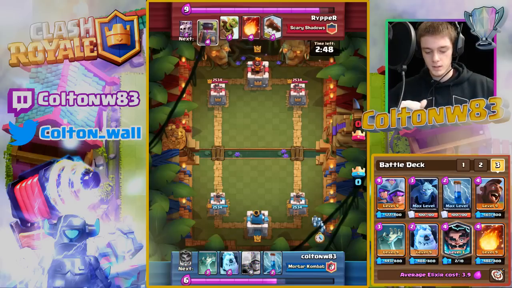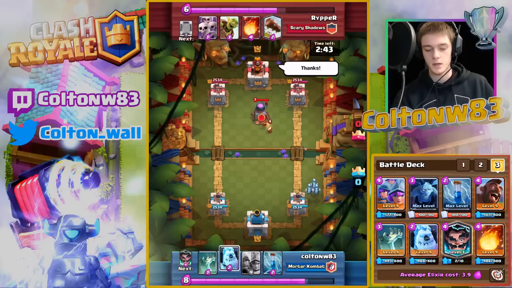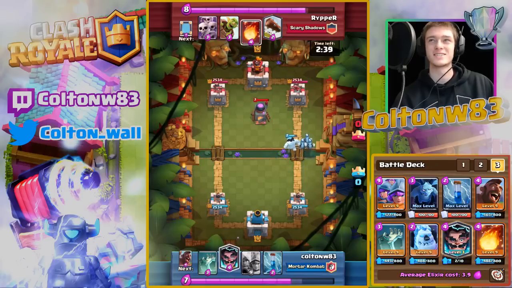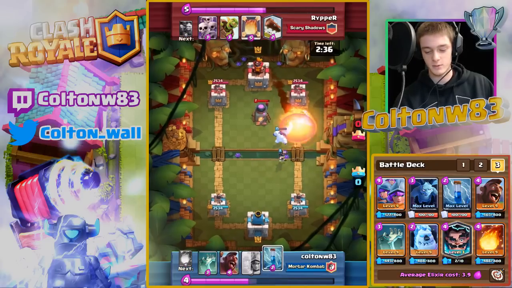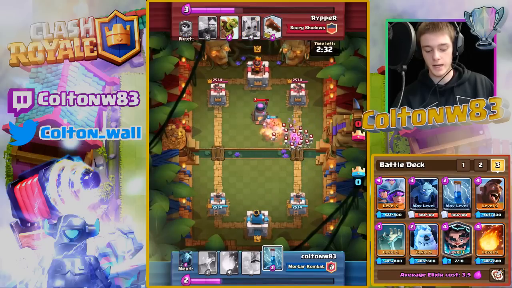So anyway, I start off with minions at the back, just a safe starting hand. He said, I think I end up BMing because of that, thanks. He's like, thanks, because you can kill with it. But I threw down Ice Golem in front. And I will say, so he's Fireball, so I